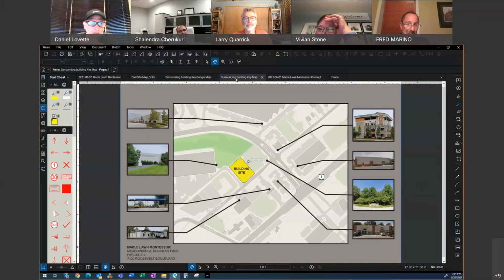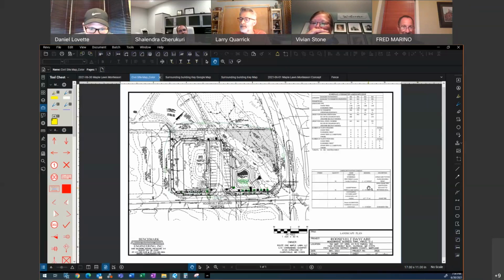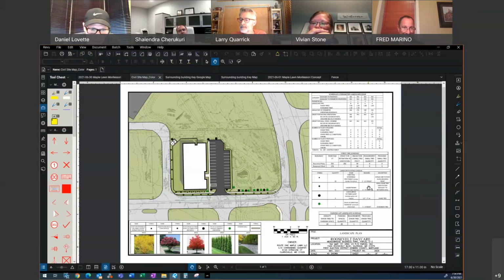Dan? Yeah, you guys, this is Dan Lovett, civil engineer with the Army Corps of Engineers. A couple of things. I come in a little late, so I didn't get to see everything, but I didn't see any crosswalks, whether the sidewalk that goes across the entrance there or where it cuts across on Roosevelt.